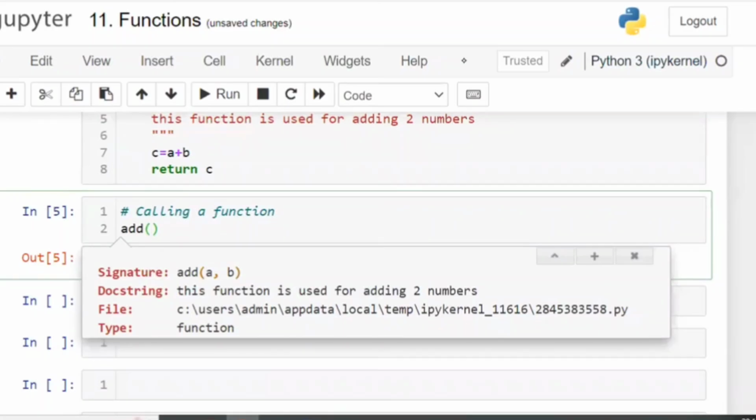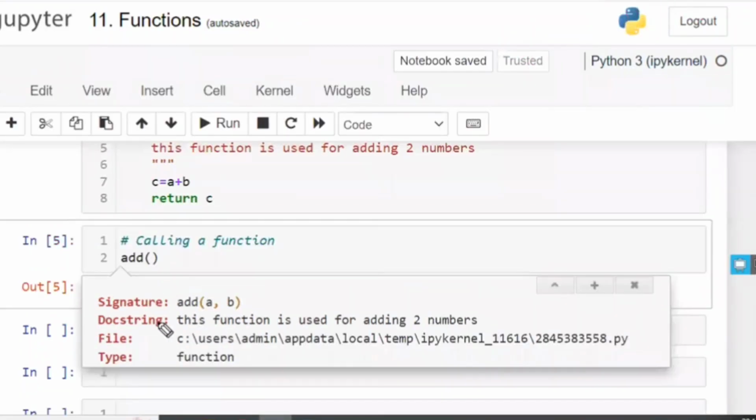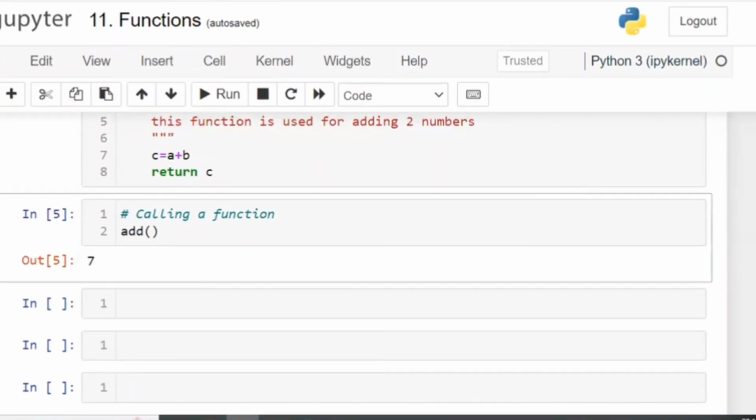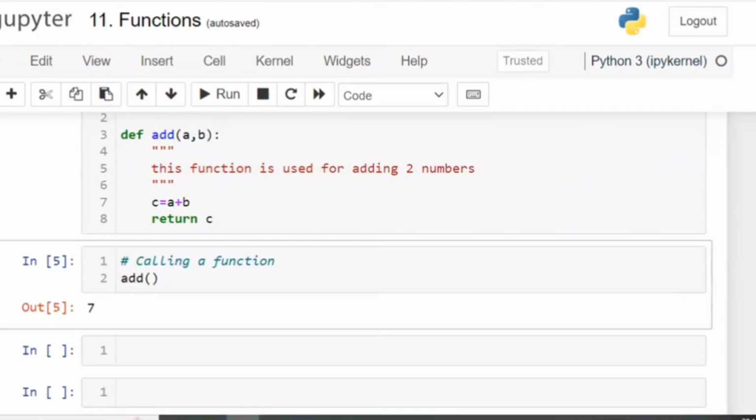Docstring means the help file of that function. Help means shift plus tab. You have to use shift plus tab. When you use shift plus tab, it is going to open the docstring. Whatever you have written in the docstring, it is going to print the same thing. So in the docstring, if I write, for example, this function returns